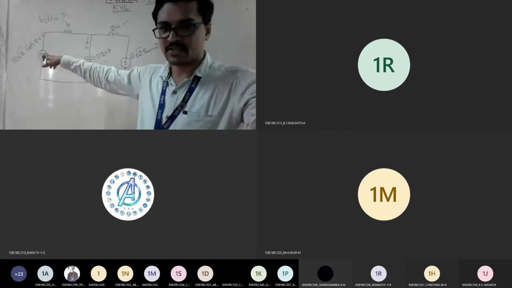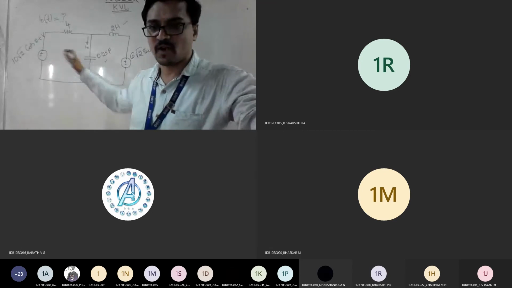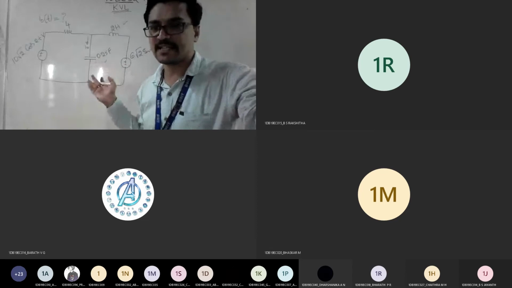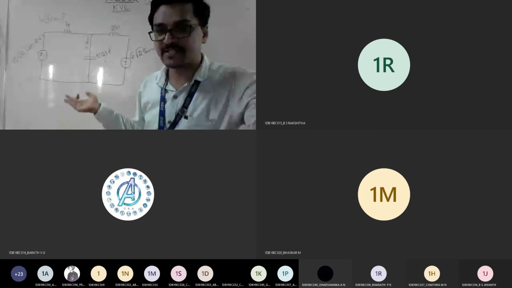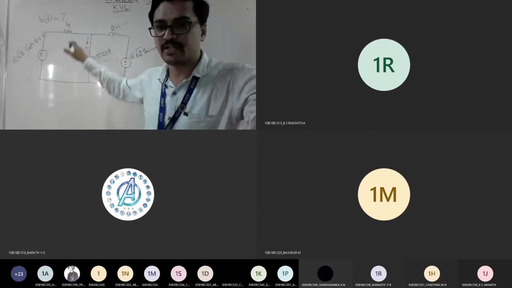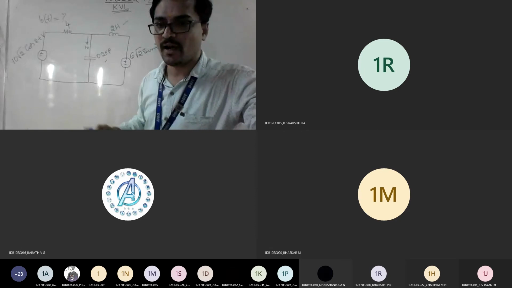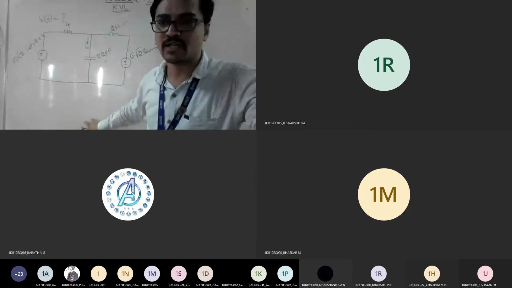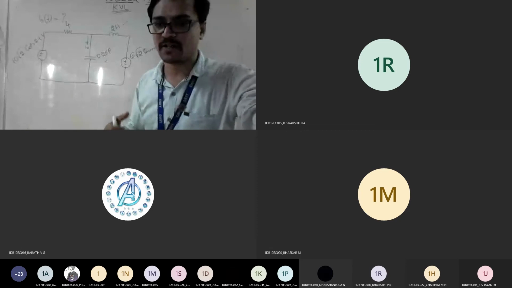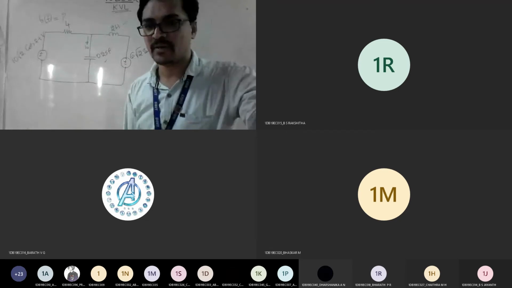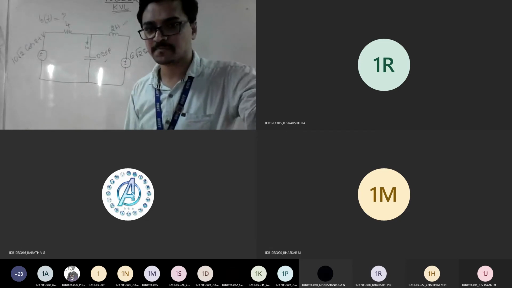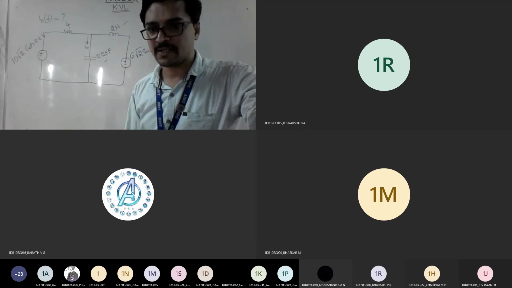Similarly, look at the voltage value. It is in terms of cos and sine. If it is like this, you can't proceed. I can't apply mesh analysis to cos and sine, so you need to convert this also. These are the two things you need to make sure of: get the values, then write a new circuit to which we can apply mesh analysis. Am I clear till here, everyone? Yes, sir.